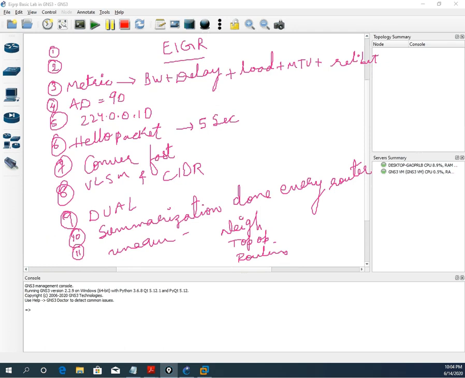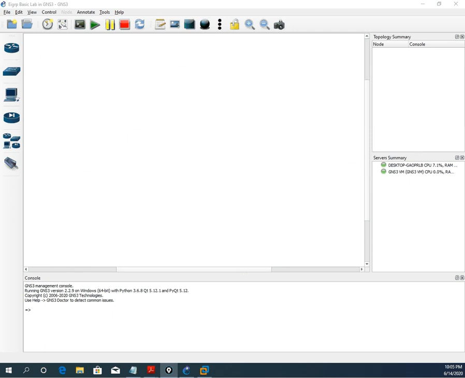So we have the theory, no problem, but now our main concern is to learn how we can do the lab. So now let me start the lab, but before that, let me show you the syntax, how we will write it in EIGRP. It is simple, as we did before. We write router eigrp, then the AS number, and after that we write network, then the network ID, and then no auto-summary, as we did for RIP also.